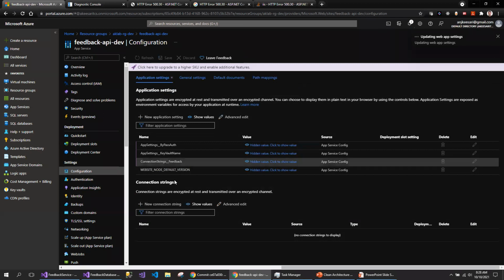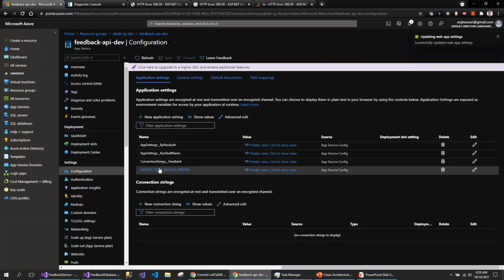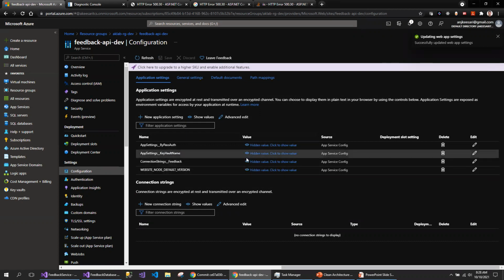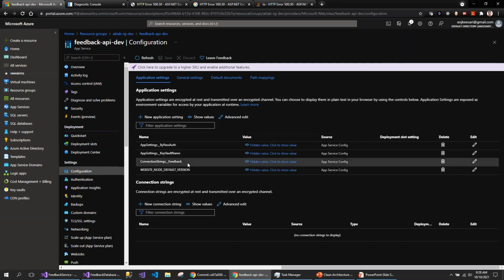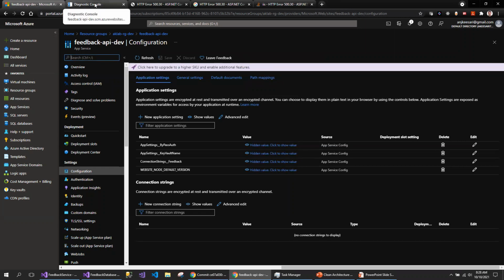Whenever you update the keys in the service and say save, it shows saved immediately, but it takes a minute or two to actually update the settings. So make sure that you wait for that time, not looking at it immediately. I think the service gets restarted whenever you update the keys.